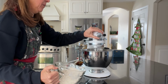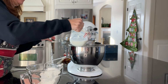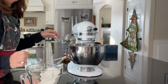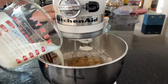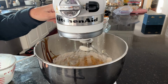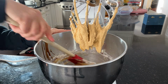And let that go on low so it doesn't spray everywhere. And I'm going to add the wet. Dry. So I'm going to scrape down the sides, and I'm going to turn my oven on now to 400, and